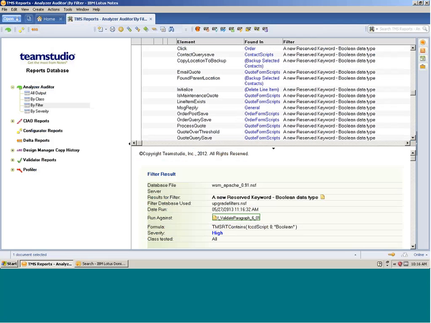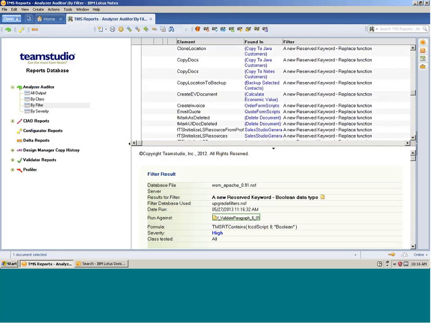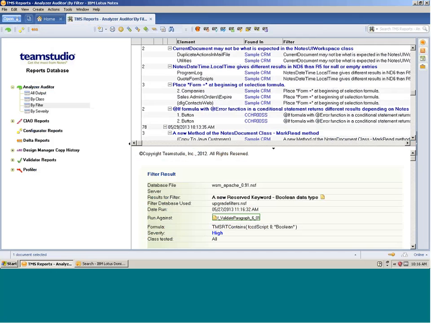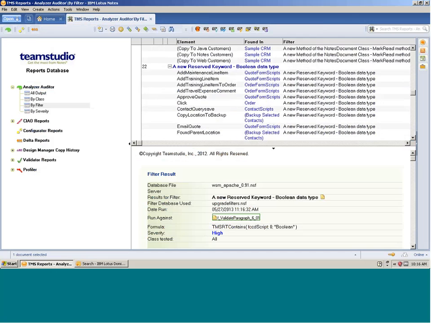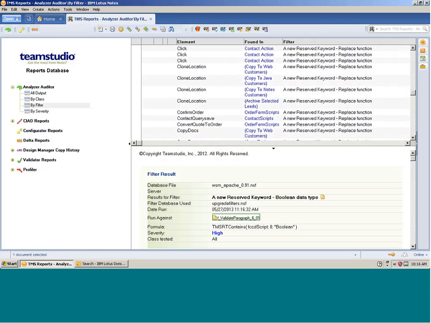So you might want to look at specific application issues that could arise from that. Reserved keywords are a common one. We've got some other design-related ones to do with calendar control, paint time, and that sort of thing. Depending on what's found, the point being is that all of these different filters that were triggered